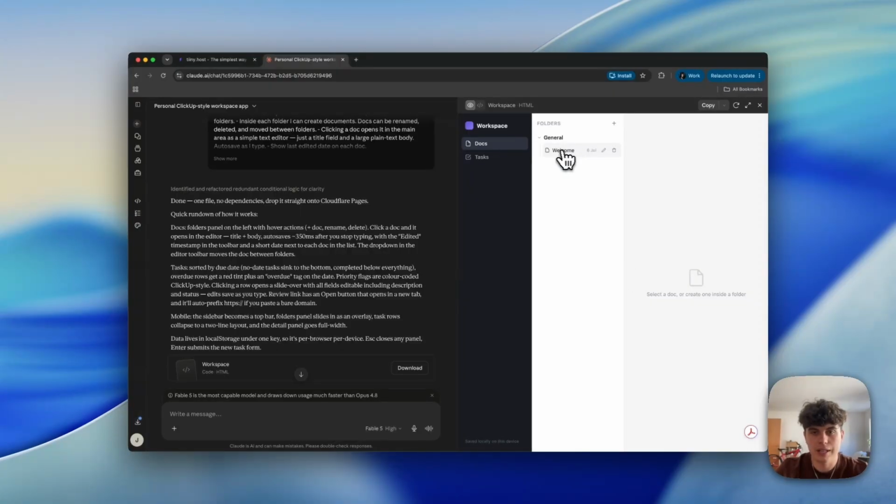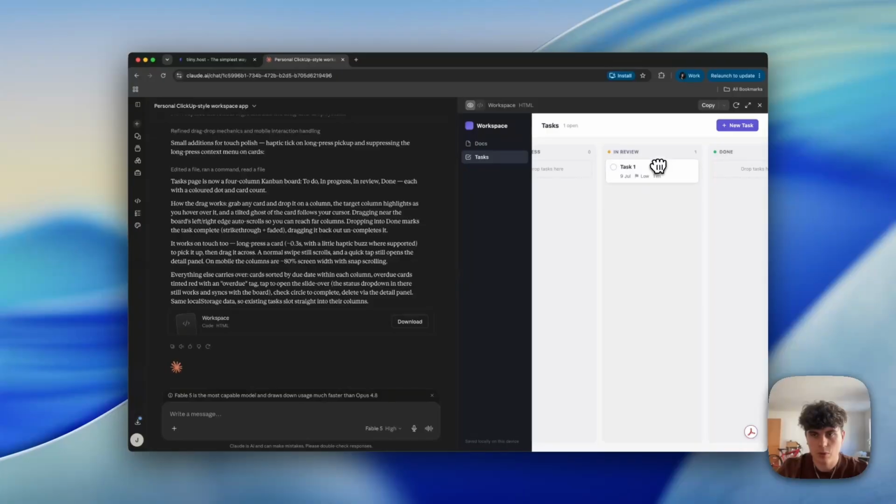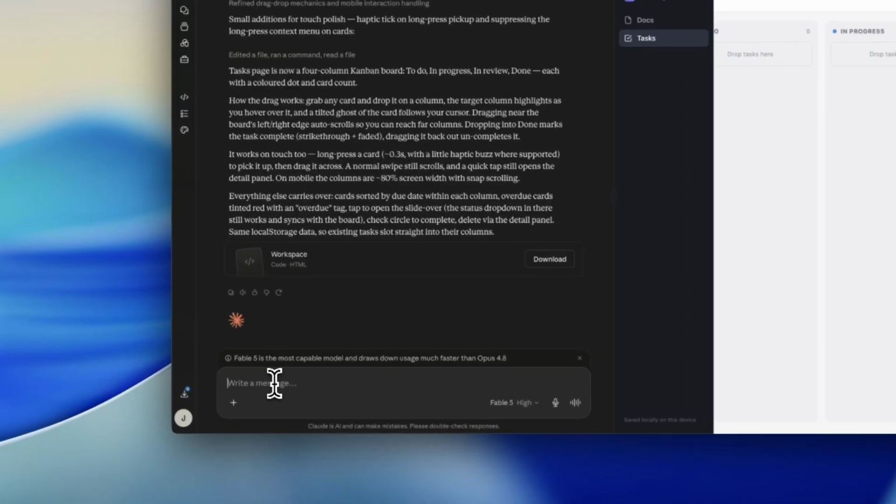So you can see here, I have a doc section. We can just create extra docs. Then if we go to the task section, we can see it has the ClickUp style to-do list. Click create, and then it's drag and drop, and we can move it across all the way until we've completed that task, and then it ticks off. So that's pretty much exactly what we wanted. So what I'm just going to do is tell Claude to